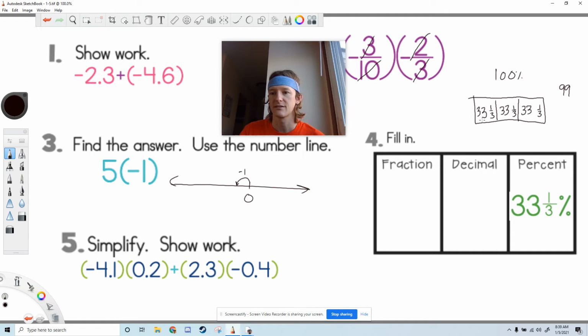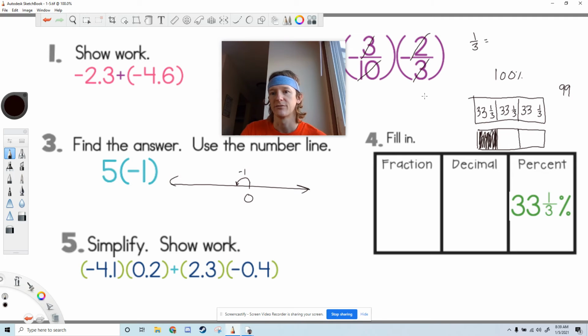So this is a model of the fraction of our whole thing. So let's say this is just a model of the number 1. What is this fraction? How many parts do we have? Well, we have 3, and how many do we shade? So there's your fraction answer. And remember, when you go from decimal to percent, or percent to decimal, all you got to do is move your decimal 2 times. So 33%,